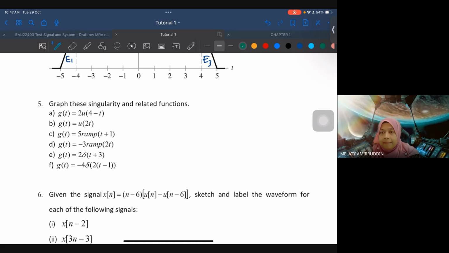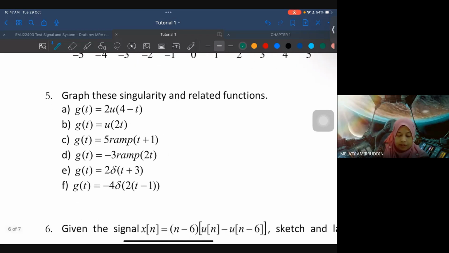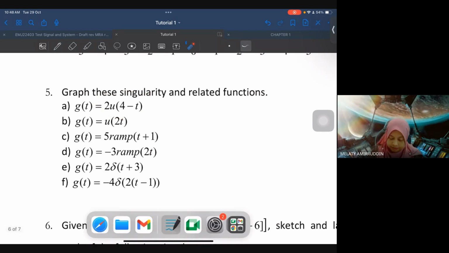So we do some exercise here. Number 5, tutorial. This is tutorial session. So you already know UT. What is UT? Unit step. Unit step signal is